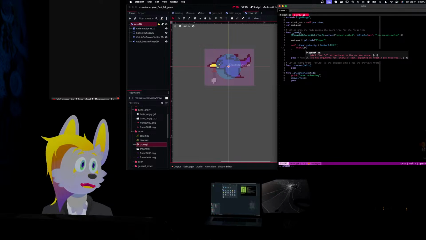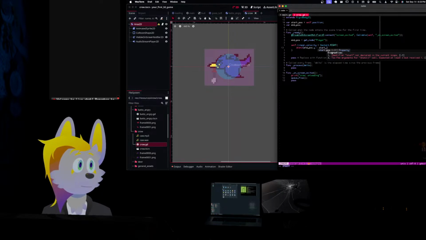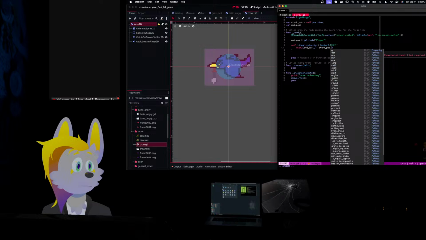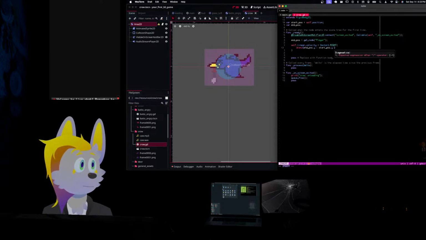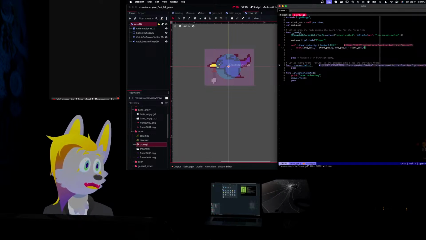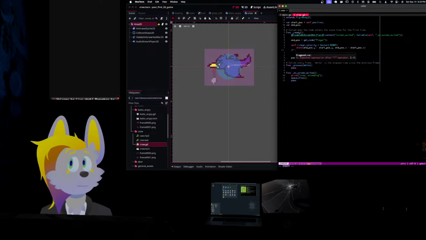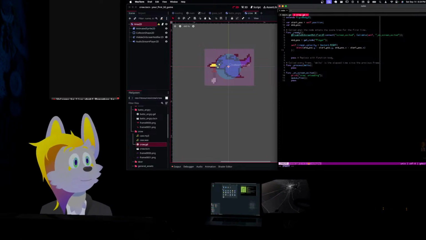So that'd be end underscore pause dot y minus start underscore pause dot y comma space end underscore pause dot x minus start underscore pause dot x. I don't need to do that. And then I want to then multiply that by